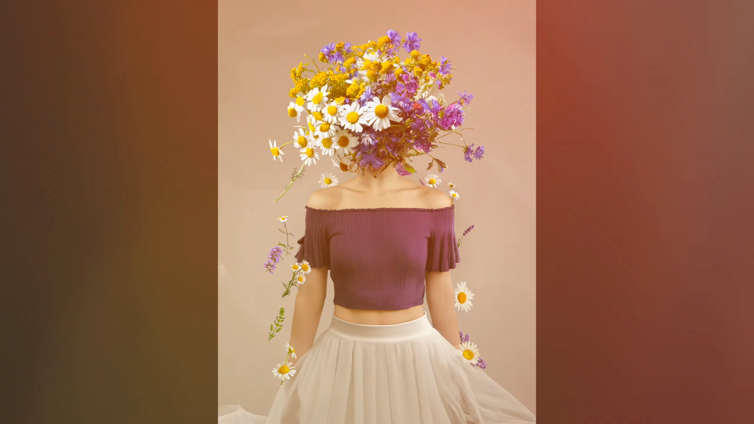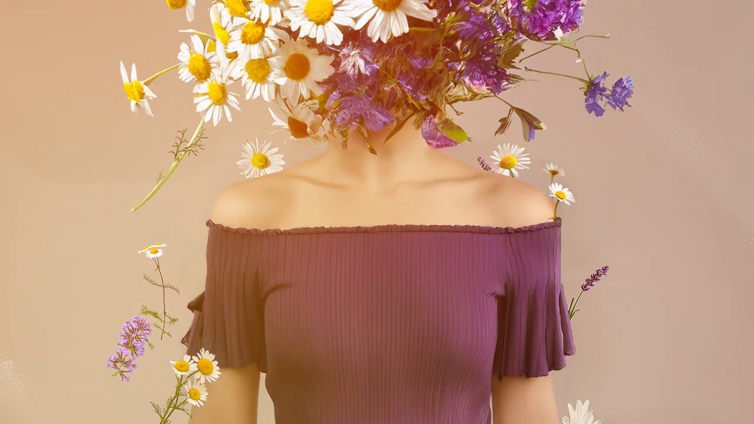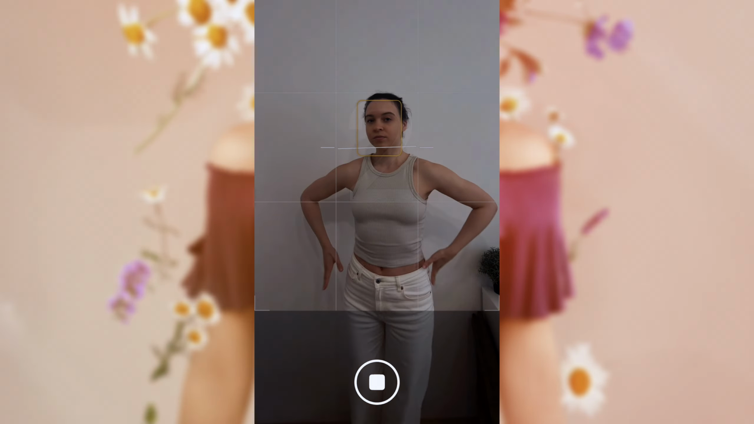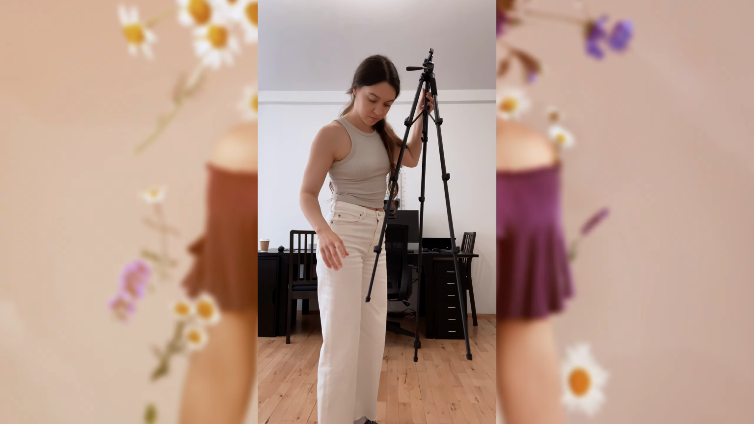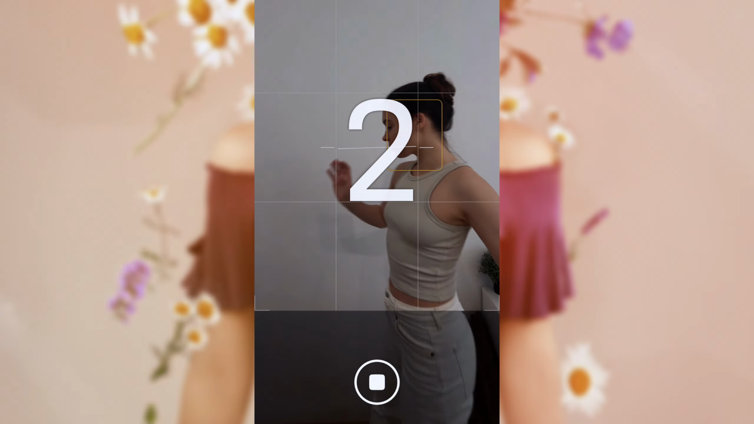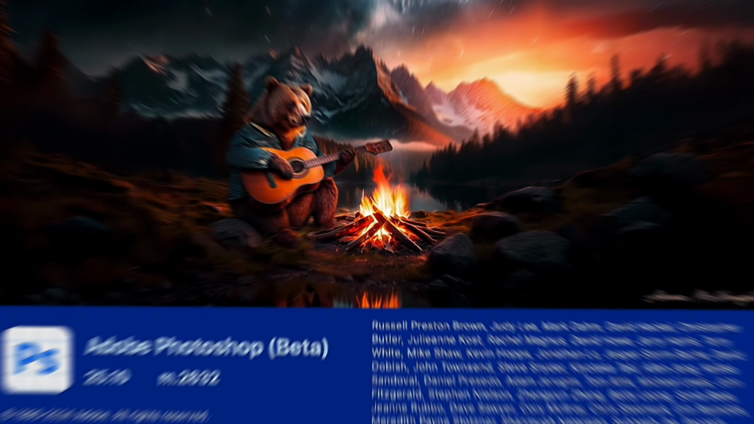In this video, we create such a beautiful flowery portrait photo manipulation with your own photo. For this idea, you will need to take a photo at home. For this, you can use just a tripod with your phone and the timer on the phone to set up automatic shots. So when you've taken your photo, just open it in Photoshop or Photoshop Beta, and let's proceed with the next